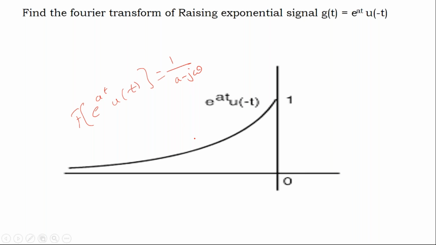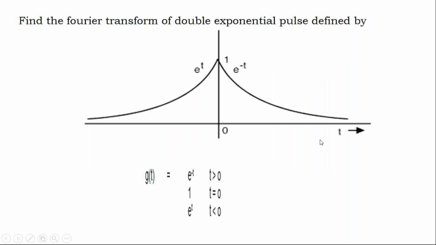Now try to understand why it is rising. If you take t equal to 0, you will get 1. If you take t equal to infinity, you will get e power infinity, which is infinite. That means it starts at 1 and it goes on like this. If you plot the same curve for positive values of t, it goes like this. It reaches up to infinity. So that's what we call the rising exponential. So now I'm going to take you to the next problem.